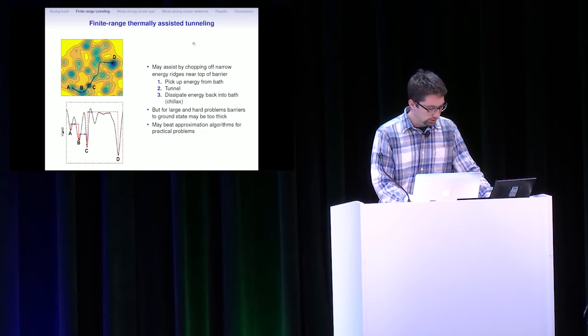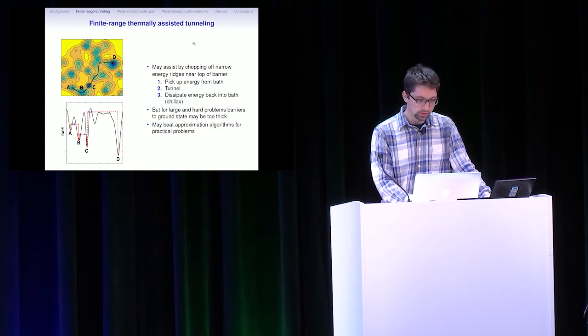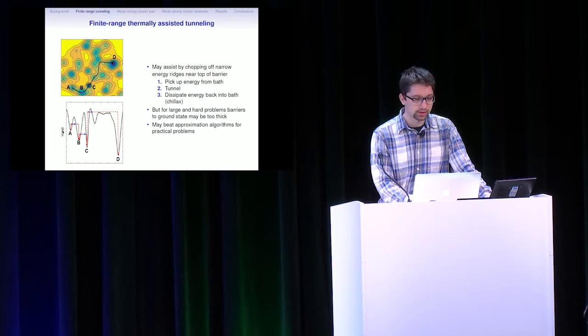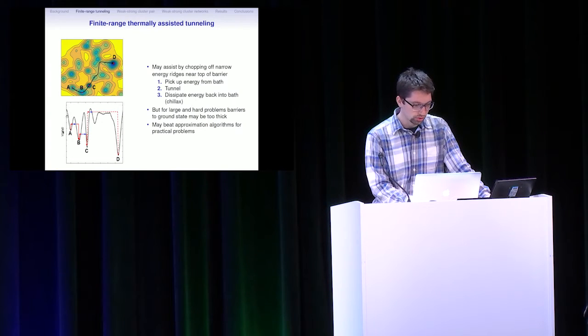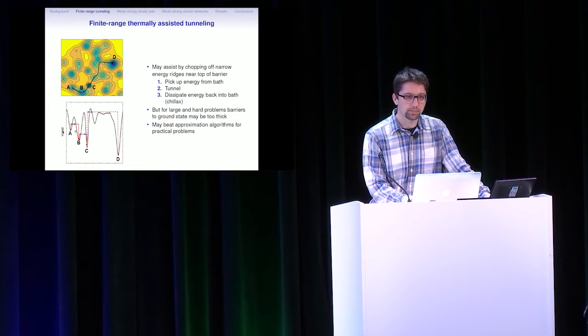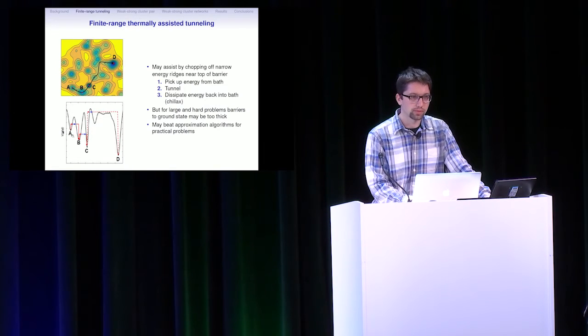All right. So next, I'm going to cover what we understand here by finite range thermally assisted tunneling. So let's say we have some optimization problem like this. For simplicity, we've constructed something in 2 dimensions, which looks like this when projected to 1 dimension here. So tunneling can help us overcome, as I said, barriers that are tall and thin. So for example, going from A to B here can be done by tunneling, also with the help of temperature,